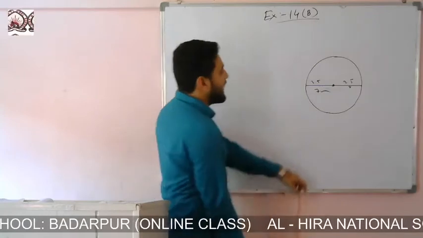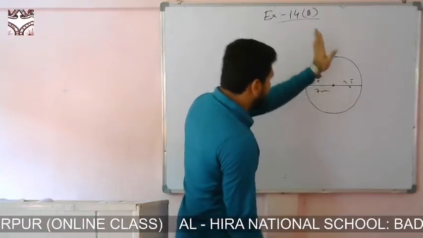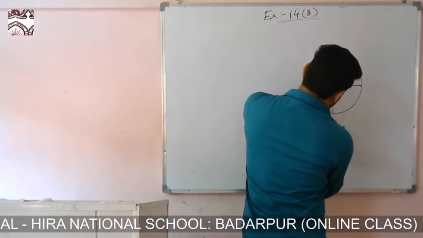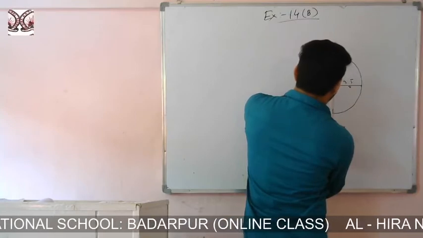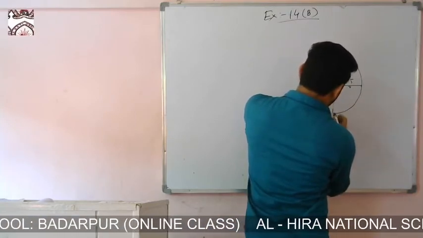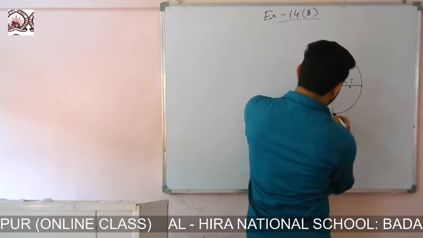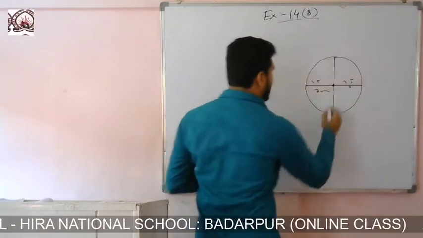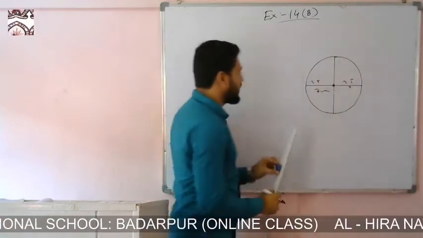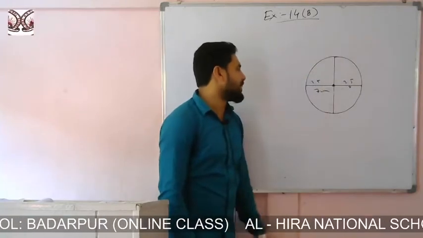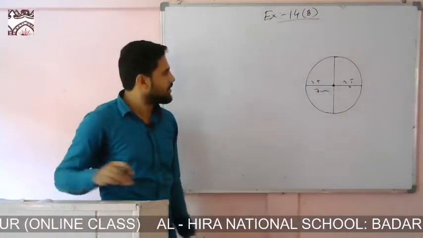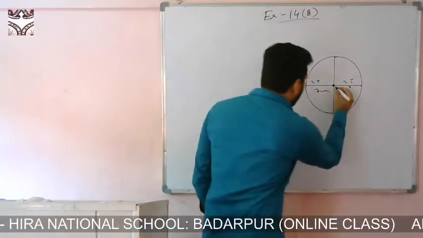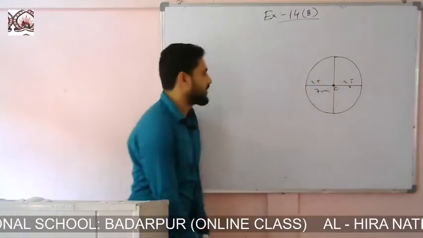And we have to draw another diameter perpendicular to this. We just learnt what is perpendicular. We have to draw like this, perpendicular to this. These diagrams are not accurate, somehow I have drawn. Like this you draw perpendicularly, which passes through the center, and you give the center a name like O.